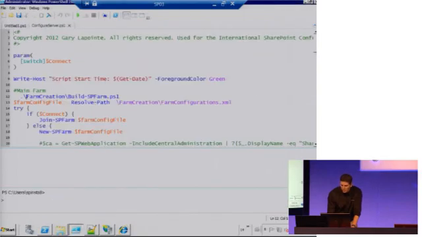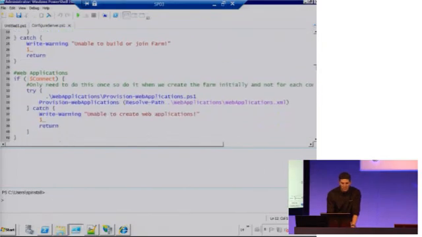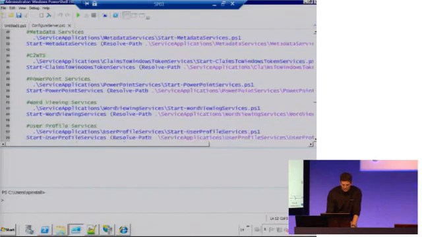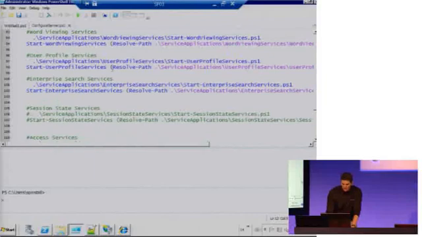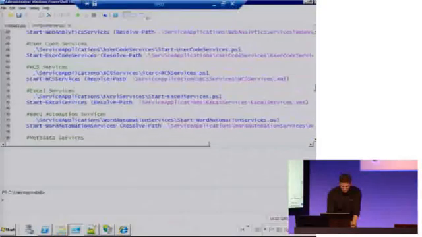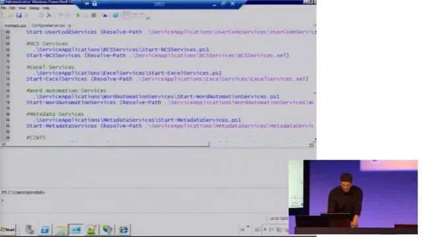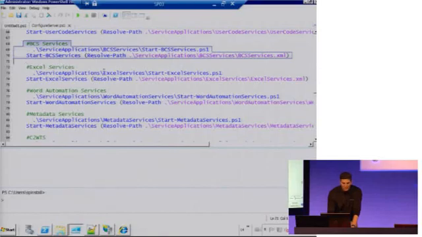So this is, again, the configure server script that I showed earlier. And you can see where I'm loading the scripts and then executing that particular function. So the BCS one is somewhere up here. There we go. So it's going to load that script and then call start BCS service and pass in the